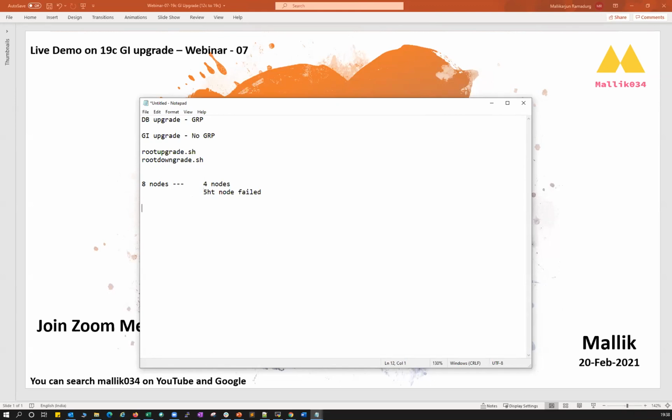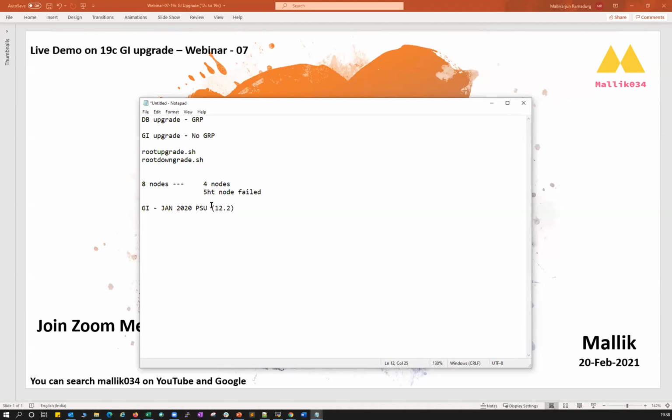And the second best recommendation is always try to patch your GI home to the latest patch. For example, assuming your GI is on the Jan 2020 patch, PSU or CPU, whatever it is. I'm talking about 12C.